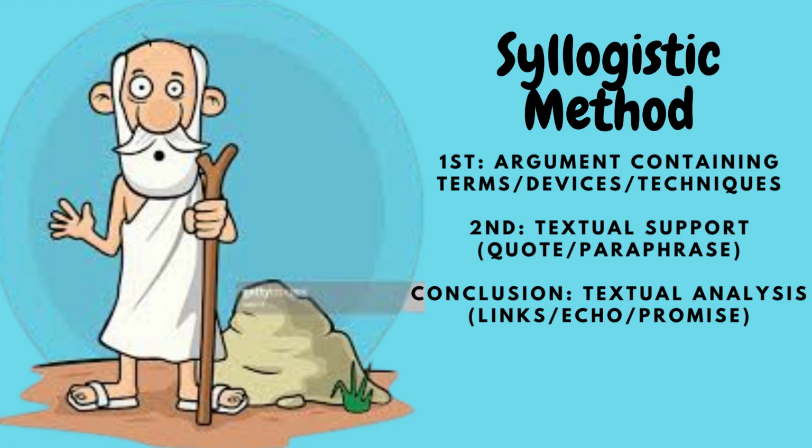Here it is. First premise, you're going to make an argument containing terms, devices, techniques. The first premise is always, and again, regardless of the expository mode, it's always going to be 3 sentences long. So on FRQ 1 on the Lang exam, the College Board states a couple of times, your argument must be central, and I wish they would say it on all of the FRQs, all 6 of them,